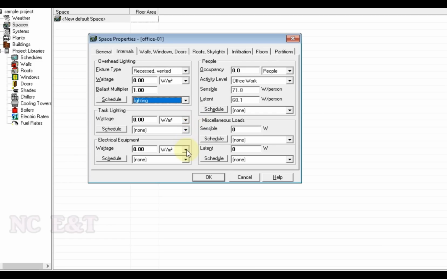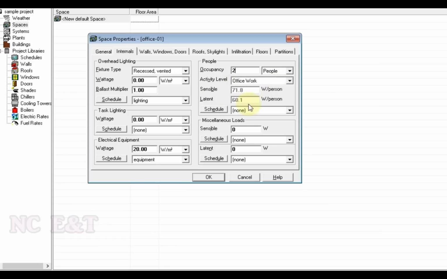Then we will go electrical equipment. Suppose we are using electrical equipment generating 20 watt per meter square, and we will attach the schedule for the equipment here. Then we will go for the people. Assume we will use this office for 2 people for the office activity.